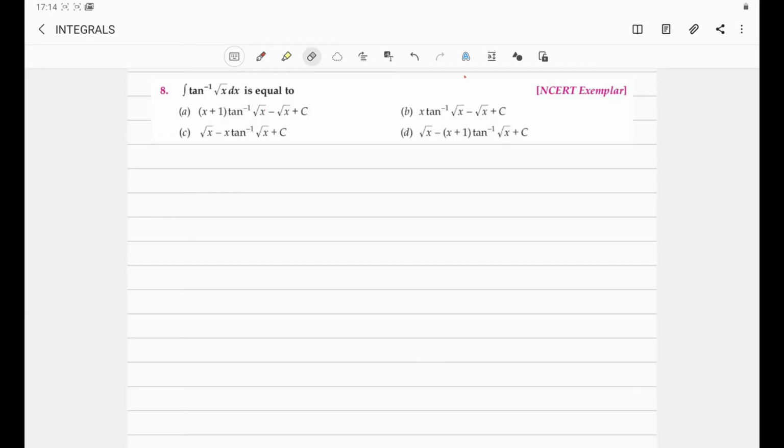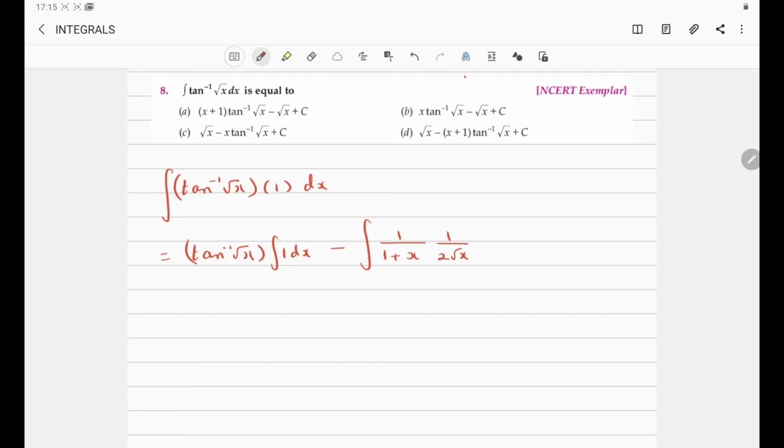Question number 8. Integral of tan inverse root x dx is equal to. Since we have only one function, we treat the second function as 1 and we apply integration by parts. So, integral of tan inverse root x into the second function, we take it as 1 dx, and we apply integration by parts. So, this is equal to tan inverse root x into integral of 1 dx minus integral of the derivative of tan inverse root x, which is 1 by 1 plus (root x) whole square,